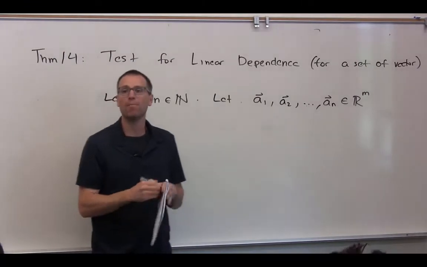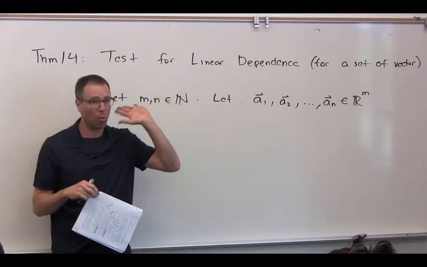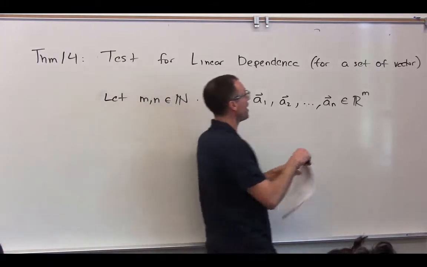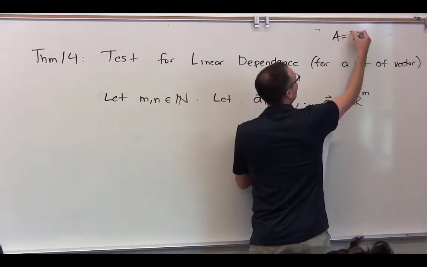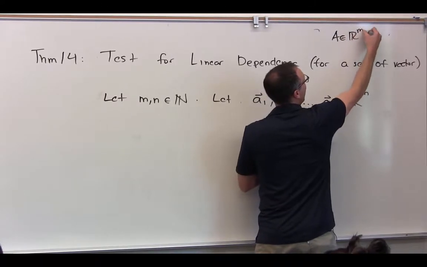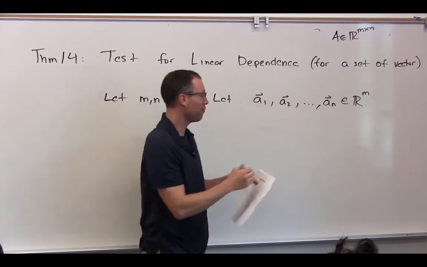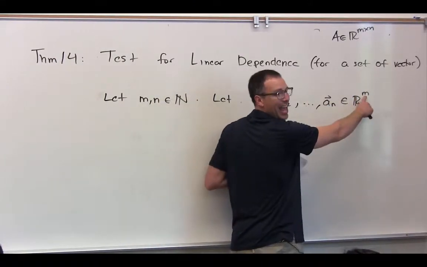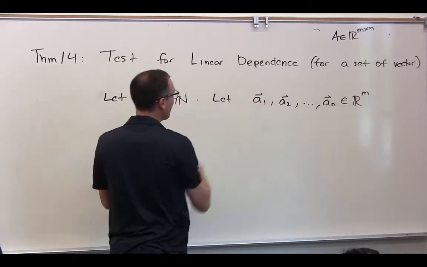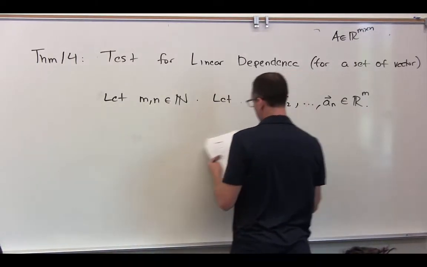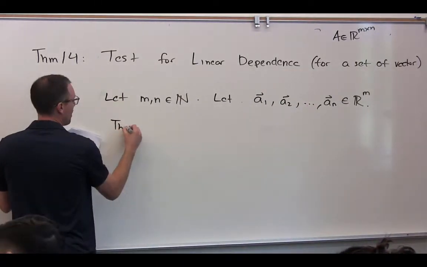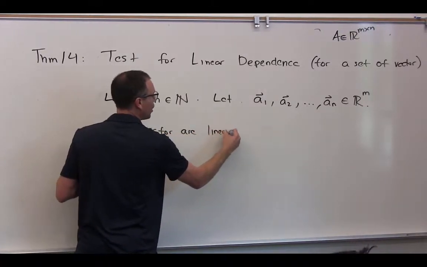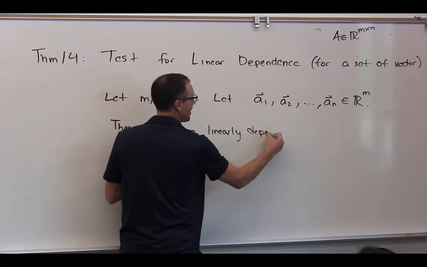How does that relate to the matrix vector multiplication problem? In the background, we're not worrying about it, but I want to start making the connections. If the matrix is m by n, how many columns do we have? N of them, each column is of size m. So if we say that these are those vectors, the theorem says these vectors are linearly dependent